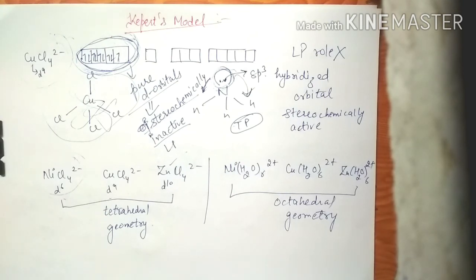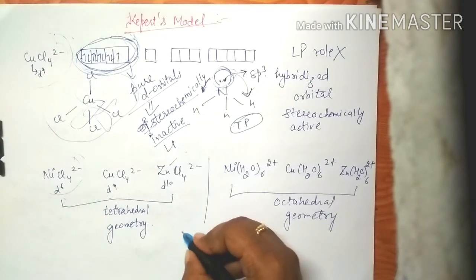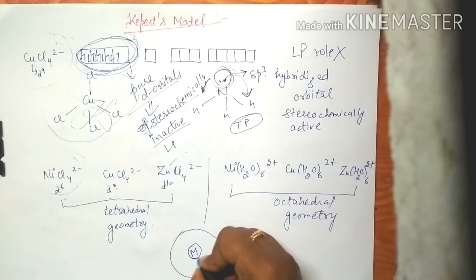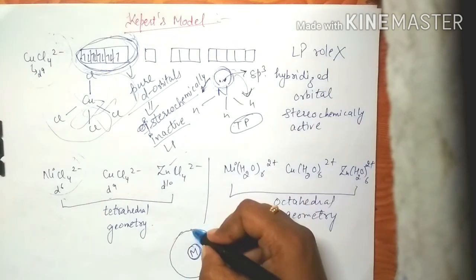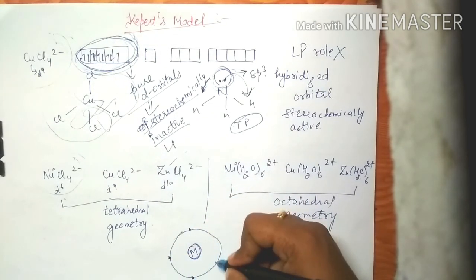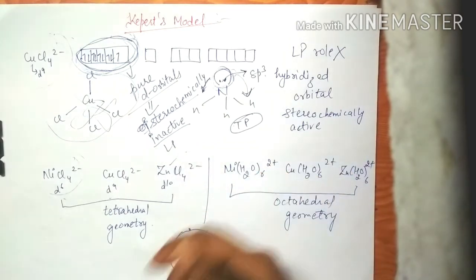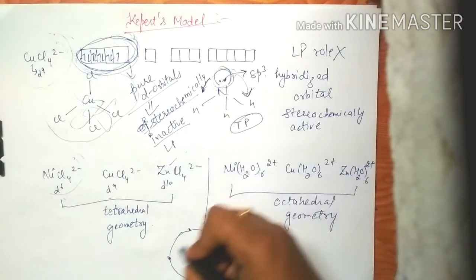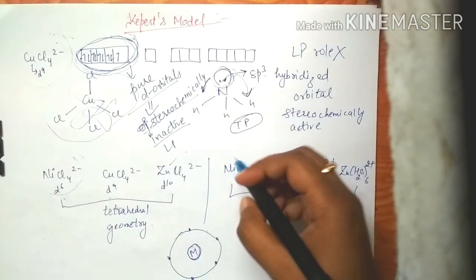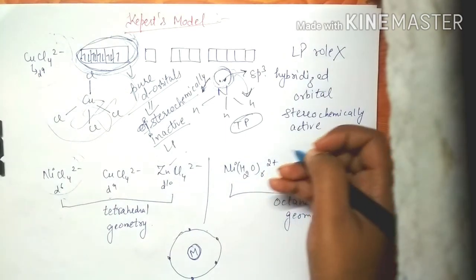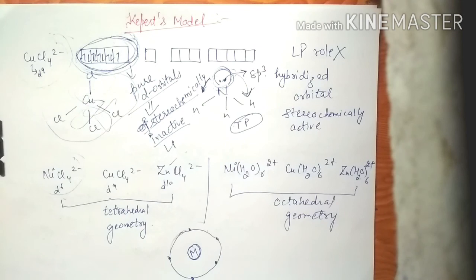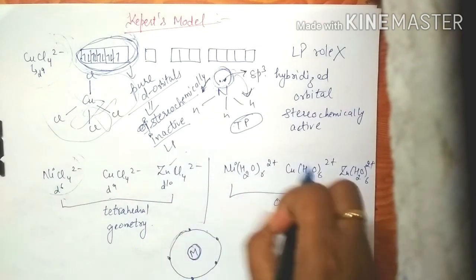So one thing more, according to Capet's rule, if we have a sphere, then the central metal will be present at the center of that sphere, and the remaining ligands will be present on the surface of this sphere on the basis of minimum repulsions. Okay, so you have to make a symmetry while placing these ligands around the metal, and all the ligands are going to be placed on the surface of this sphere. Okay, so this is Capet's model, based on Capet's rule, right?